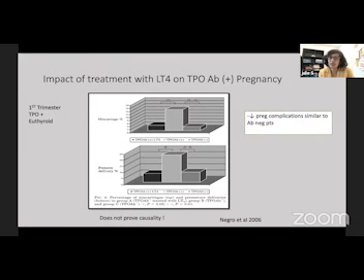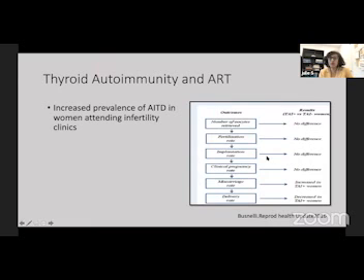So not sure if that created that much of an impact, but this is something interesting. Most of the literature on thyroid autoimmunity and infertility is in women who are planning for assisted reproductive technology for infertility. We have seen that there is an increased prevalence of autoimmune thyroid disease in women attending